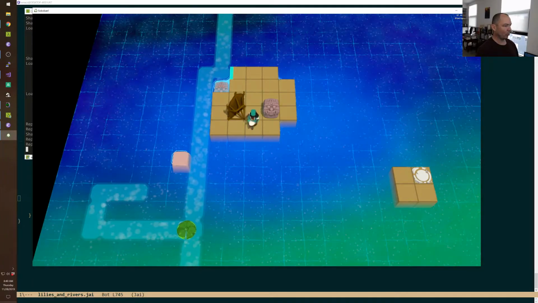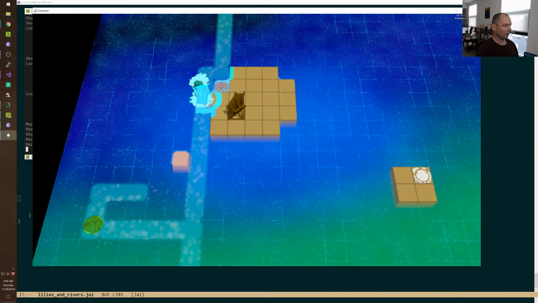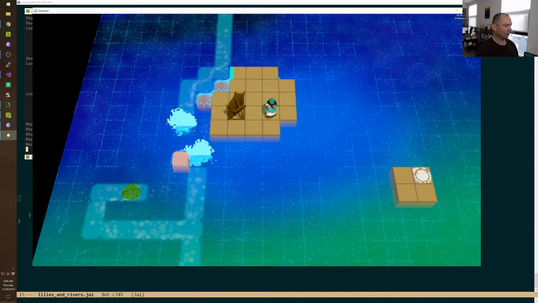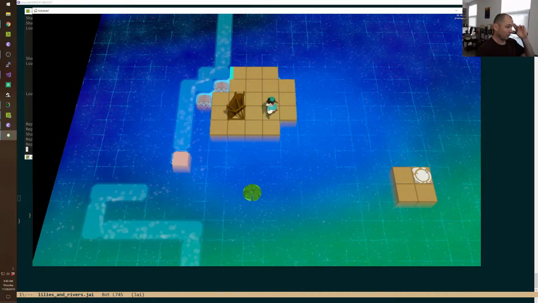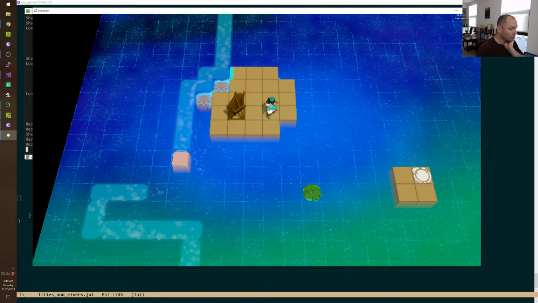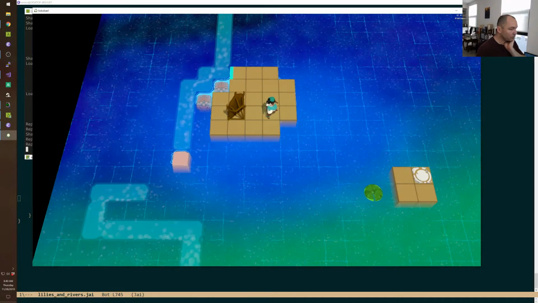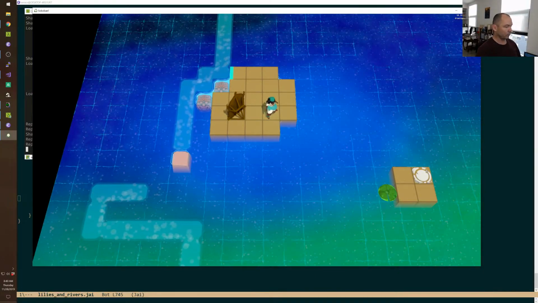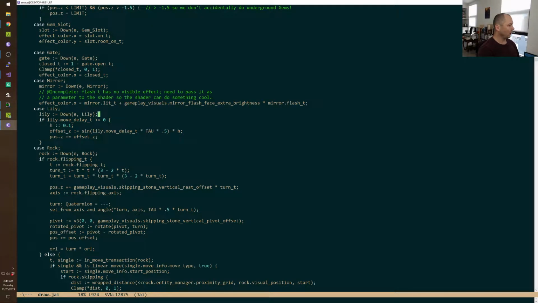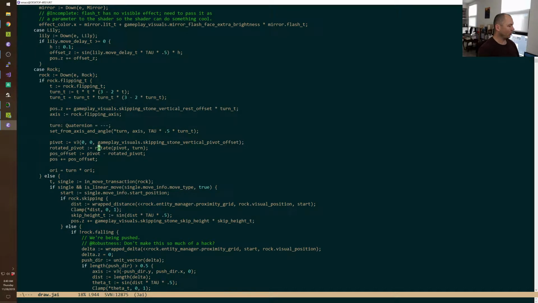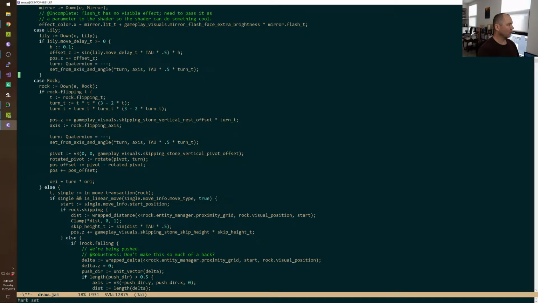We can add a little bit more wobble into it just so that we get something out of it. Like here, for the rock, we do this orientation thing, and we could for now just say